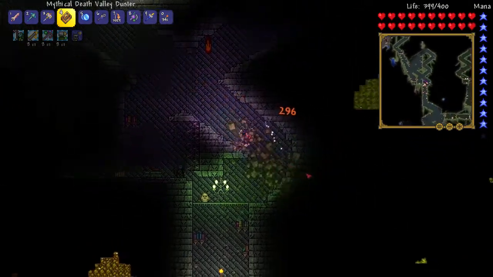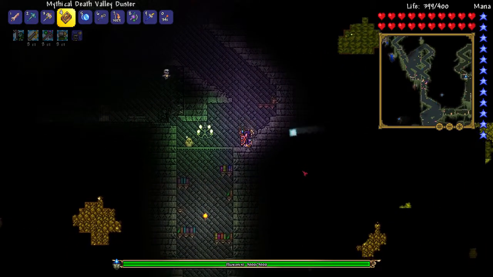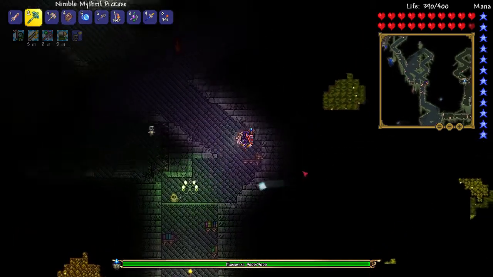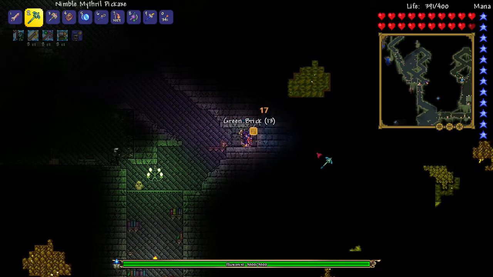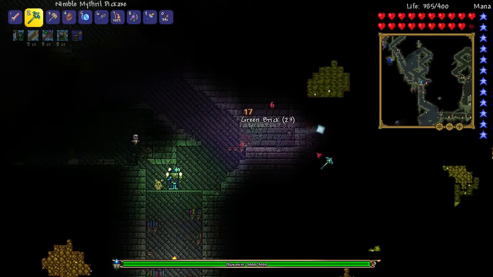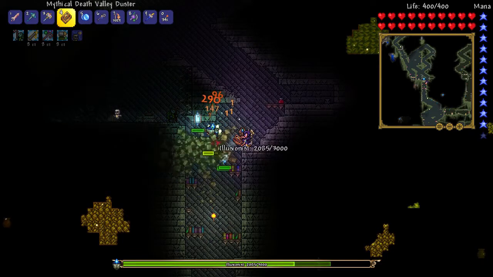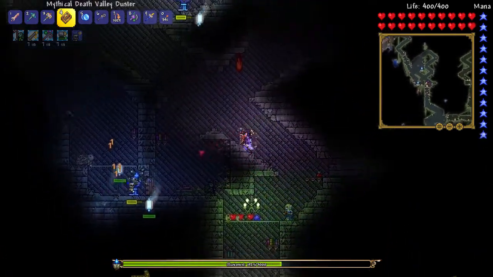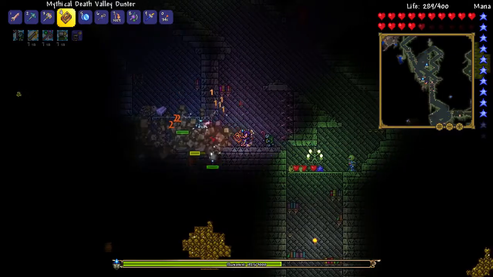So mechanical bosses are a little bit strong. The illusionist, he's over there. Alright. We're going after him. Alright. I don't know if this is the right one or not, but...